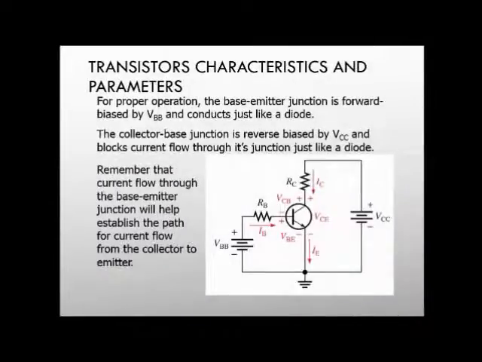Now for proper operation, this base emitter junction should be forward biased, as I have said before, and it conducts like a diode. So this first part, the left hand side part, this base emitter junction should be forward biased and conduct like a diode, and this collector junction should be reverse biased. You can see in this case this is an NPN transistor because the arrow mark is given downwards. So this P side is attached to the positive terminal and this N side is attached to the negative terminal. Hence we can say this first region is the forward bias region.